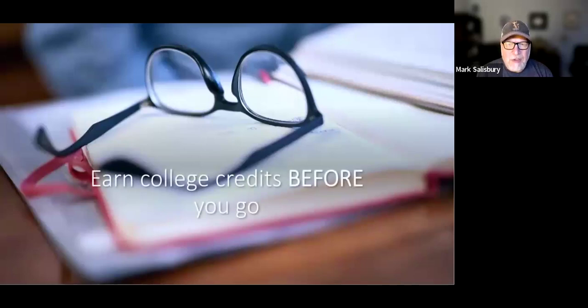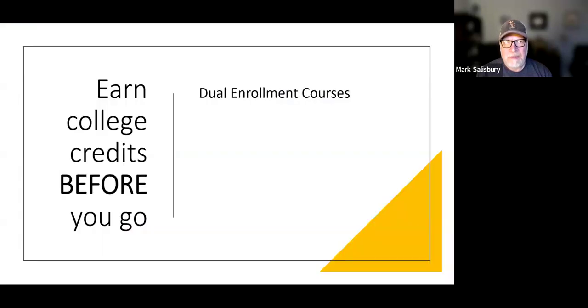There are so many ways to earn college credits before your student ever goes off to college. And once you have enough credits to graduate a semester early, you are talking about some real college savings. After a little more than 20 years,